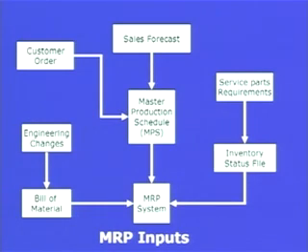From where is the input coming? Sales forecast, customer order. Similarly, if there are certain changes, I have explained this with the help of a diagram and an example of nuts and bolts. So engineering changes, customer order, sales forecast, and similarly service parts requirement, which will update the inventory status file, these three will be used in the MRP system as the MRP inputs. On the basis of these three inputs, the system will itself generate a certain output.